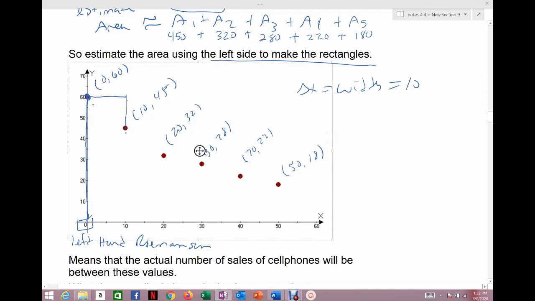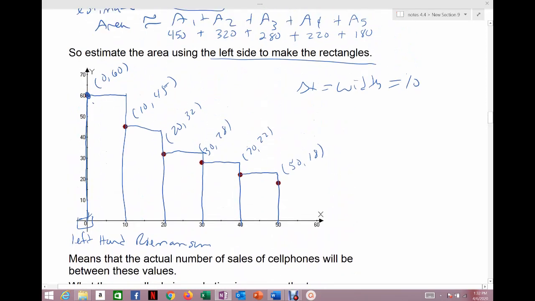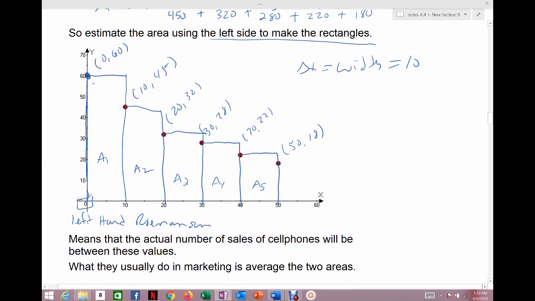using that side. All right, then the next one starts at 10, then at 20, 30, and then the last one is at 40. All right, and so I've got 5 rectangles again. This is my first one, this is my second, third, fourth, and fifth. All right, and so if I'm using my left side,